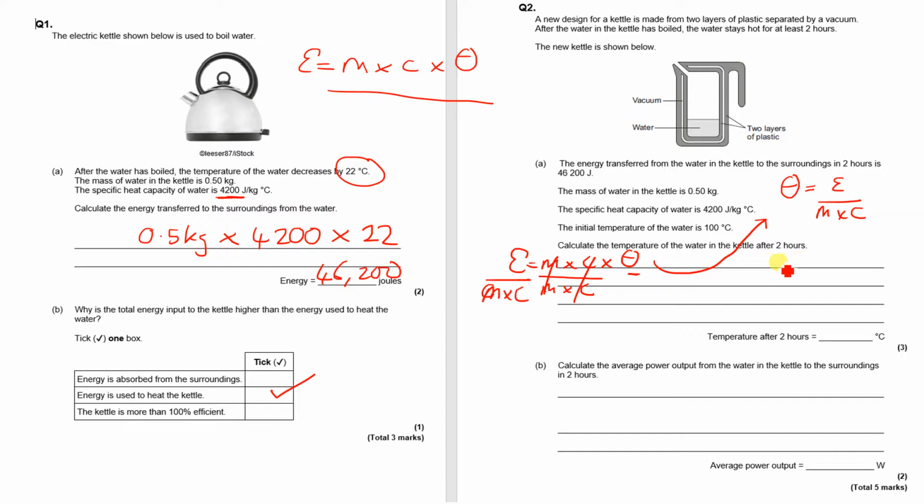So let's put that into our equation. We know that the energy is 46,200. We're going to divide that by the mass, which is 0.5, and we're going to multiply that by the specific heat capacity, which is 4,200. Okay, so if we put that into our calculator, now remember when you do this, put this in brackets so you don't get an error. That is going to equal